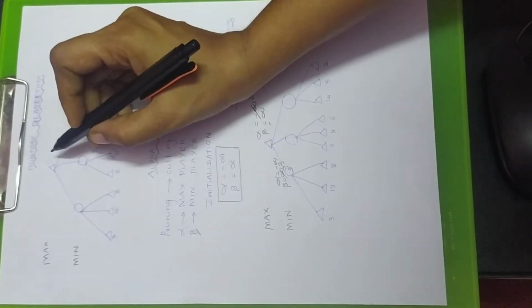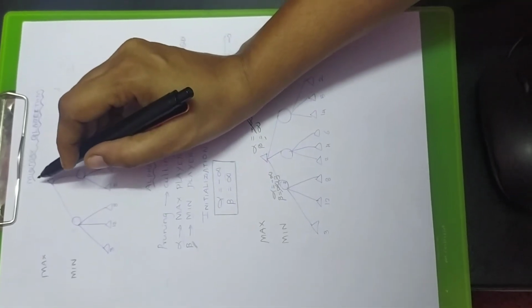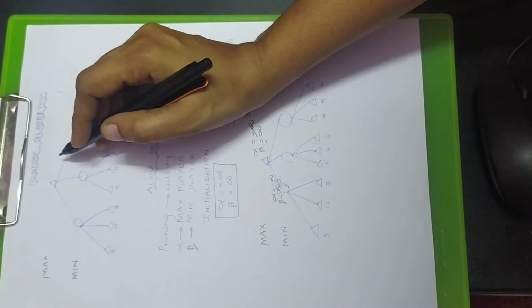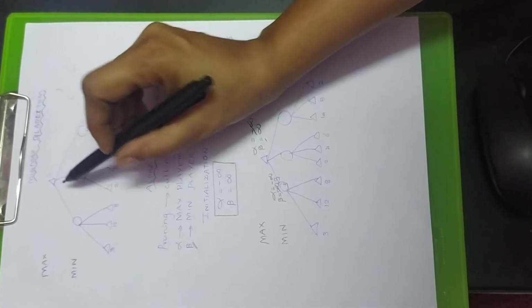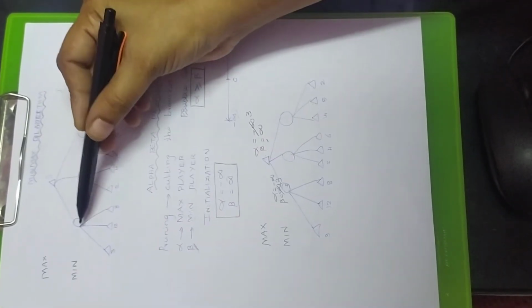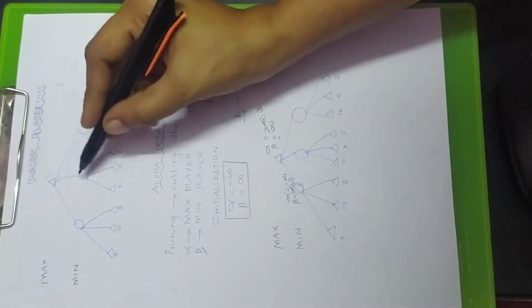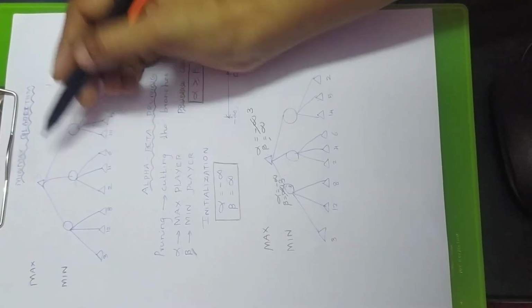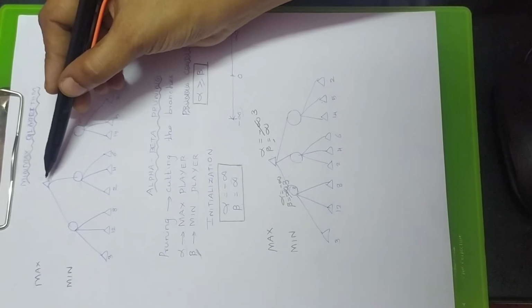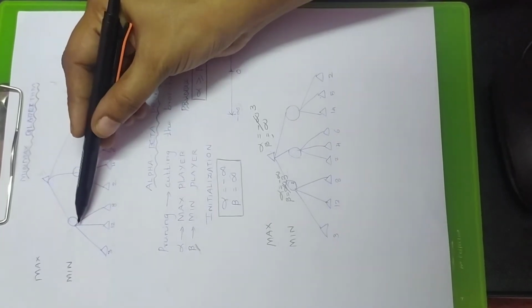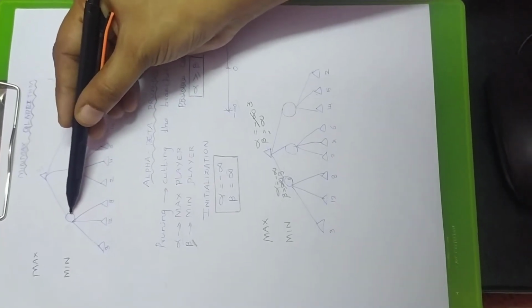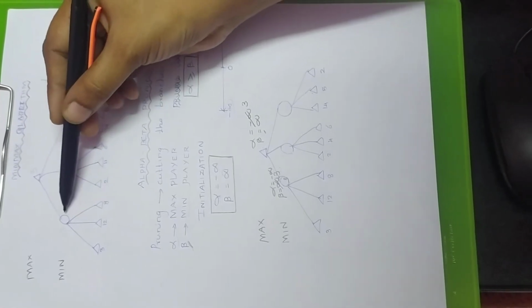In this video, I am going to explain game playing algorithms. Game playing is a multi-agent environment. More than one player is involved in this problem space. Therefore, if you are taking any decision, we need to look at the opponent, and based on the opponent's decision, we have to perform our move.